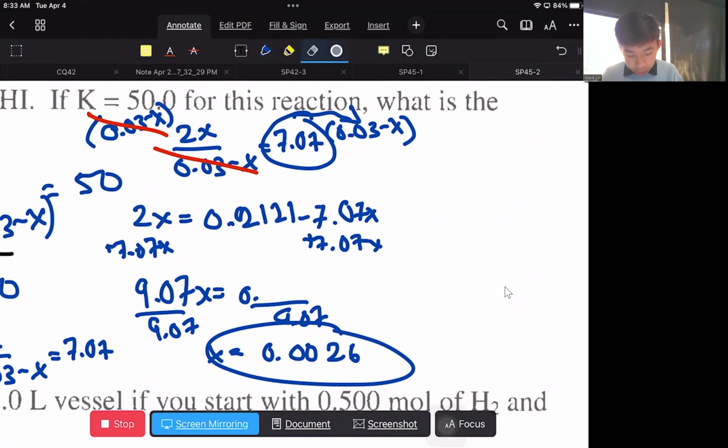So this will be 0.2121. And then 0.2121 divided by 9.07